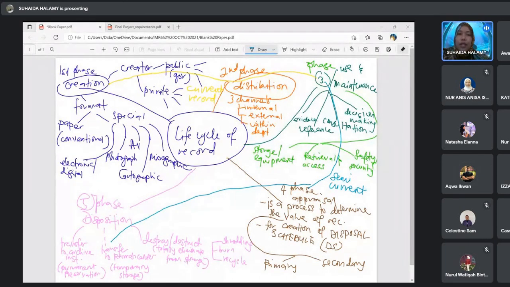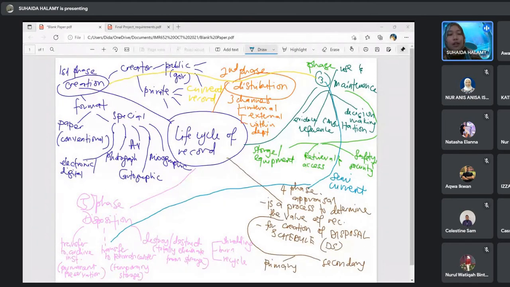Okay, infrequently used. Sebab you tengok dia dekat record center. Record center ni memang very synonym with semi-current. Okay, record that infrequently used to conduct current business, to conduct business transaction. So dia jarang kita guna. That's why dia called as a semi-current.